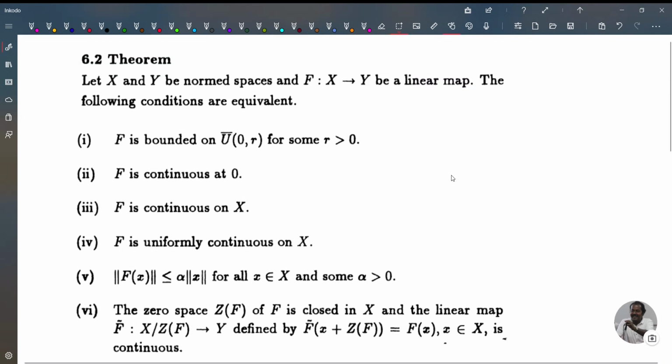So we prove 1 implies 5 first, then 5 implies 4, 4 implies 3, 3 implies 2 and 2 implies 1. So that will prove the equivalence between 1 and 5. Then we prove the equivalence between 3 and 6. Proof: